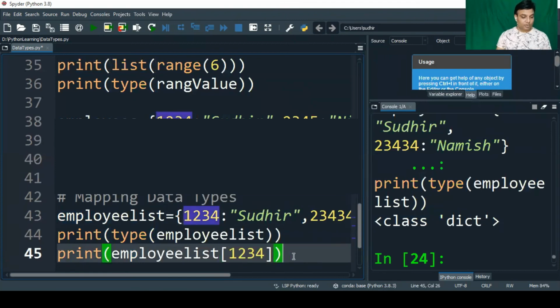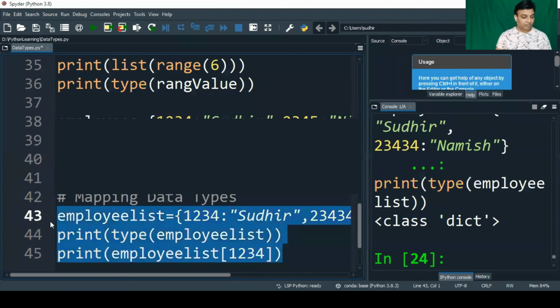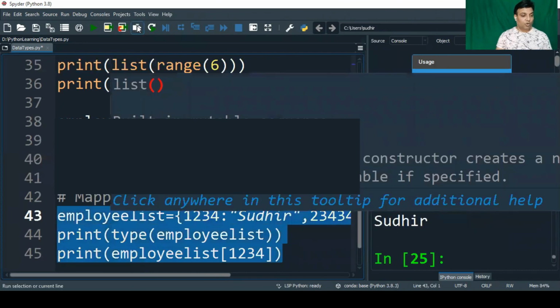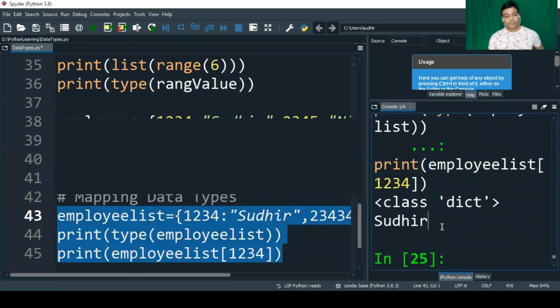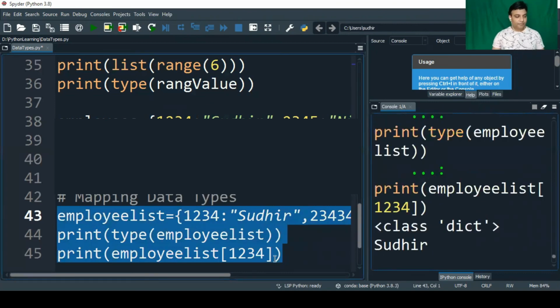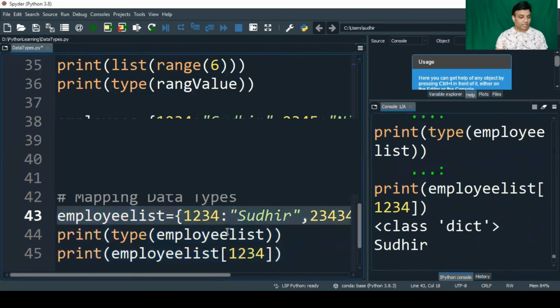If you give this 1234, what is going to be the output? See, you got the value using the key. In employee list I have given the key 1234, the first employee key, and you got the output as the value, which is Sudhir. So this is another data type which is called the mapping data type.